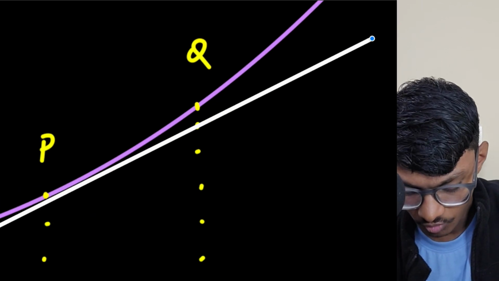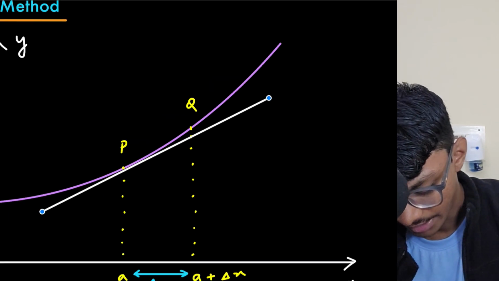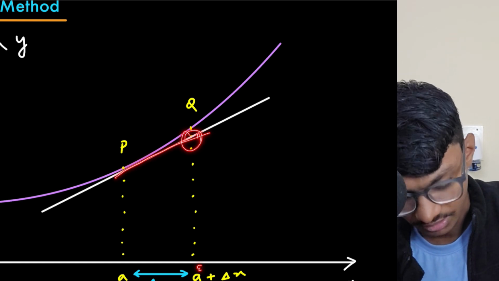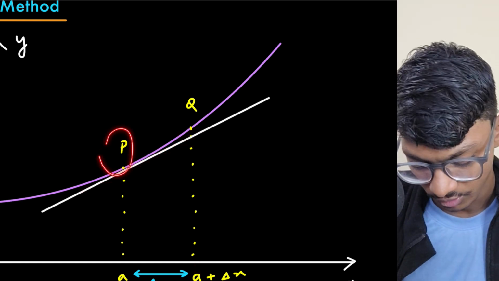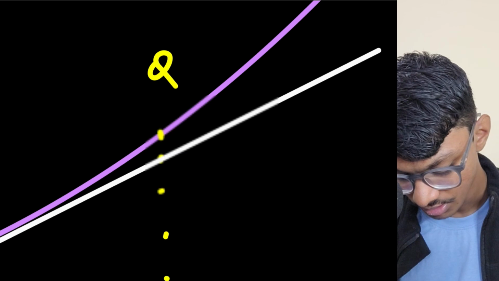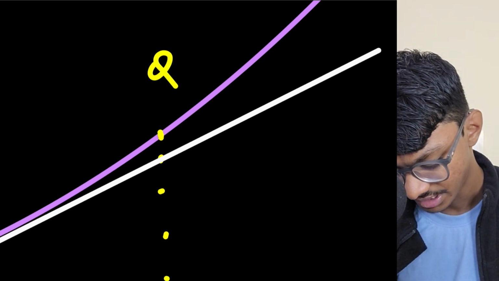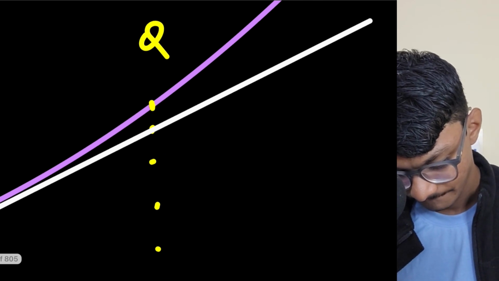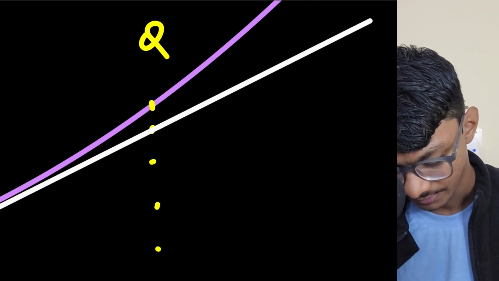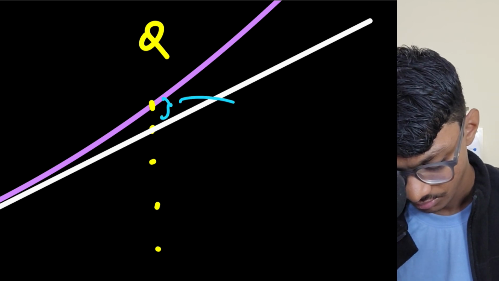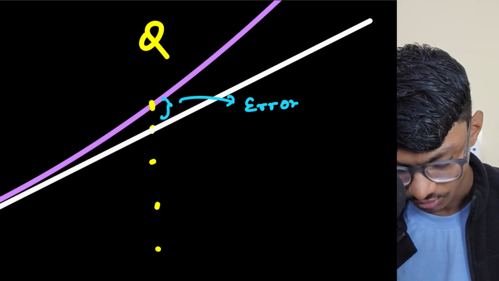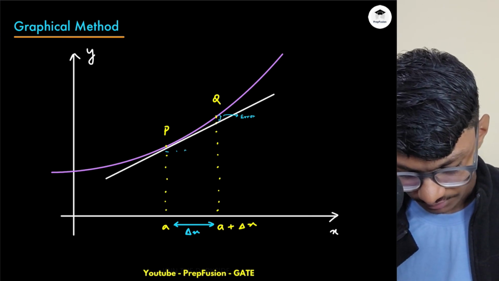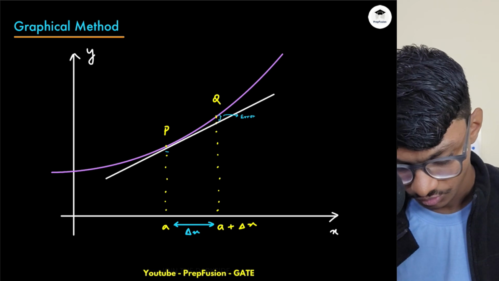Now this, I know, if I go in this straight line, I will be at this point at a plus delta x. And I know what is f dash of a, and this difference is the approximation. Basically this difference will be the error. What do we mean by this? Let me just draw this and then I will tell you everything. So if I draw this parallel line to the x-axis,